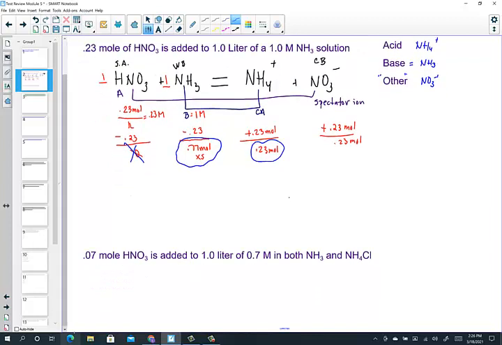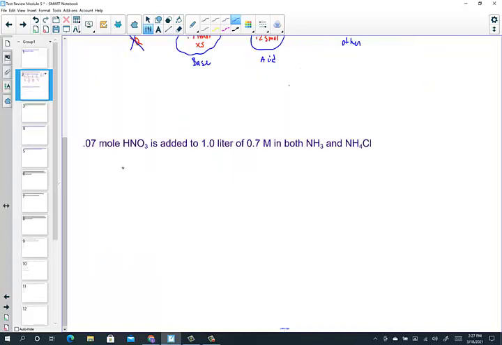Just using stoichiometry, we were able to determine what was present in solution as the major species. The base ammonia, the acid ammonium, and this other species called nitrate were the species present at the conclusion of the equilibrium reaction. What if we were to take HNO3